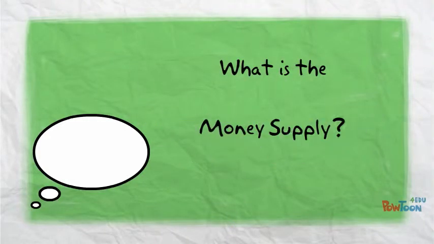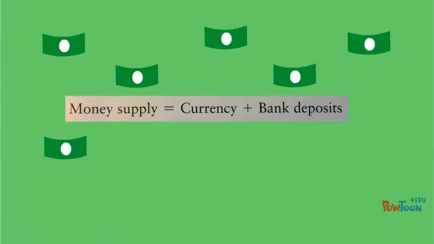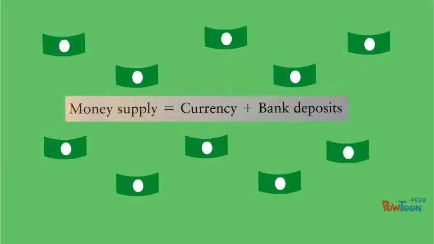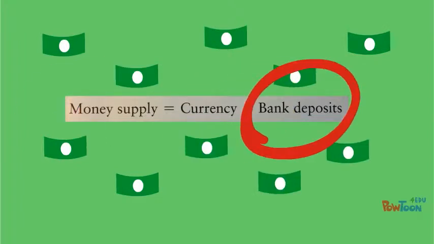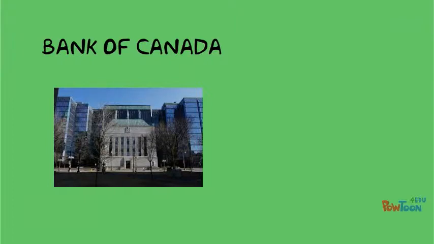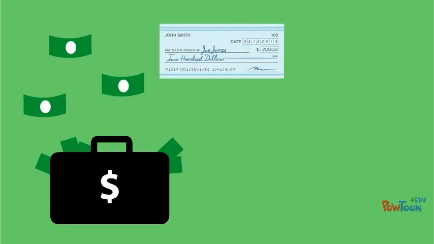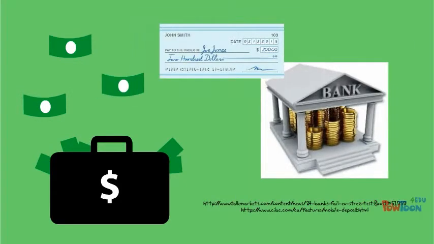What is meant by the money supply? The total stock of money in the economy at any moment is called the money supply, or the supply of money. There are several definitions for the money supply, which only vary by which deposit liabilities are included. Until recently, a common definition used by the Bank of Canada was called M1, which included currency in circulation plus demand or checkable deposits held at the chartered banks.